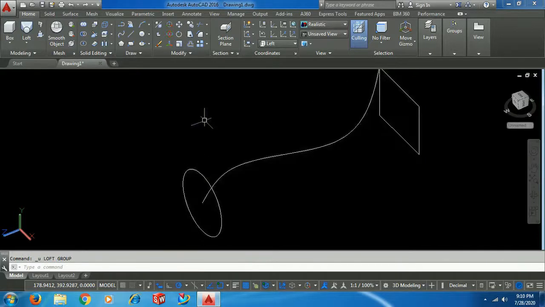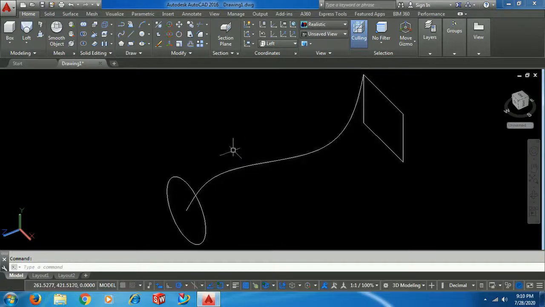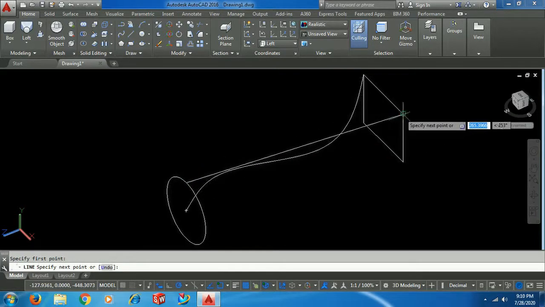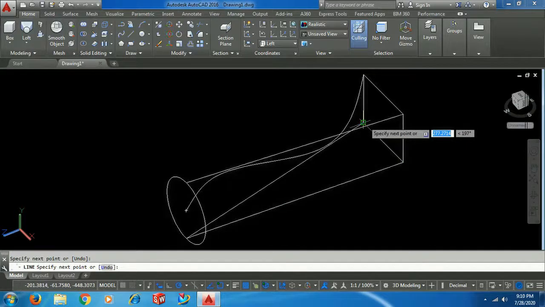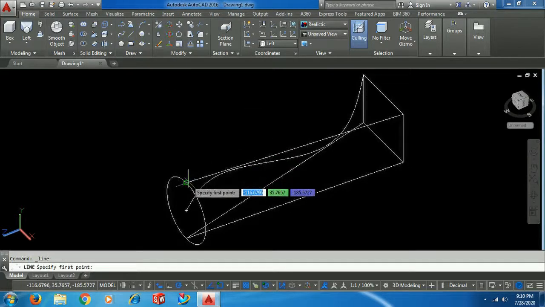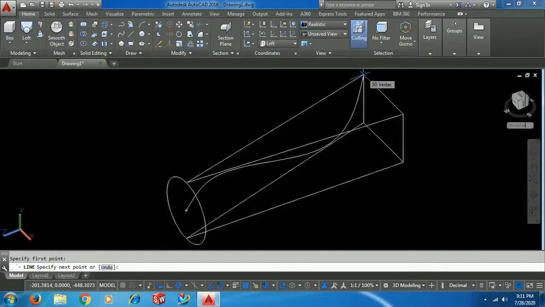I go back. Go to the line option for this. Then go for loft.